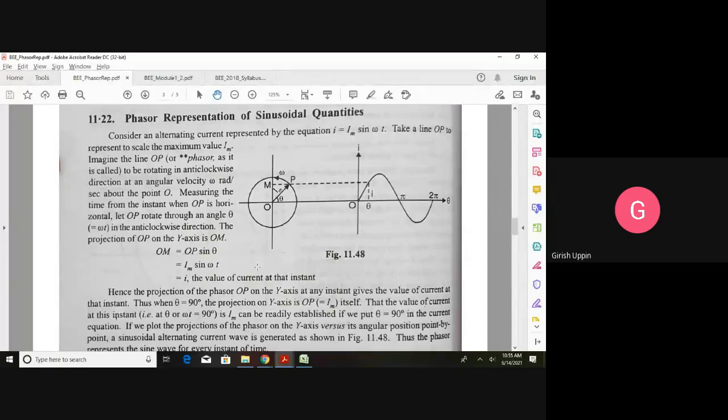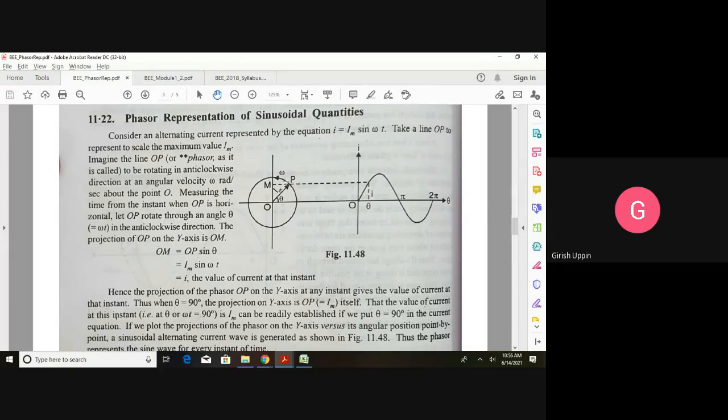Now let me begin once again. Just assume there is nothing. I have one phasor OP on the x-axis, and I'm going to take its projection on the y-axis. Right now, with OP here, its projection on the y-axis is 0. Then I will take OP at an angle theta. OP is rotated clockwise with the speed of omega. When it makes an angle theta, I take a projection on the y-axis, that is OM, and I mark OM here, and this angle is theta.